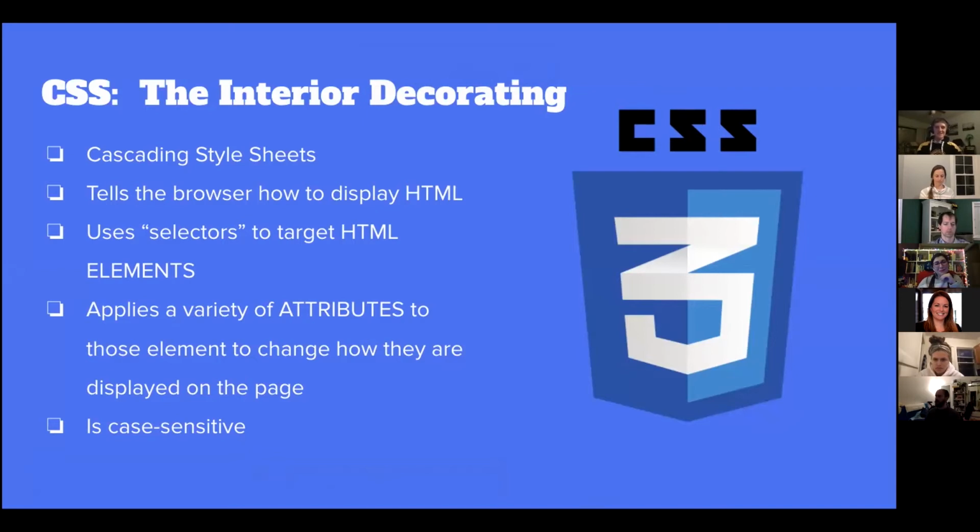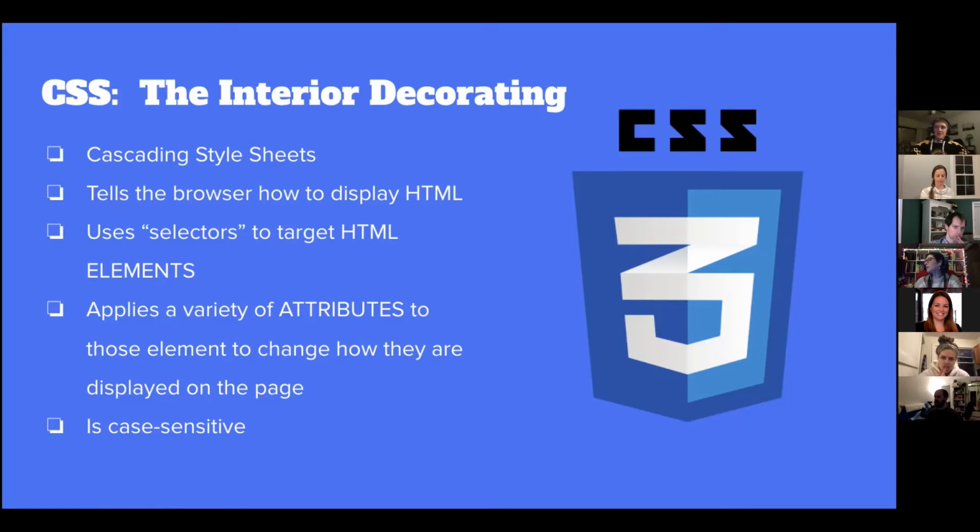I keep using the sandwich metaphor because I like sandwiches, but we have the bun and the meat, I guess, but we're missing everything that makes it pop: the seasoning, the lettuce, tomato, and so forth. And that's where CSS comes in. CSS is short for Cascading Style Sheets. And there's a lot in that name, but basically it just means,